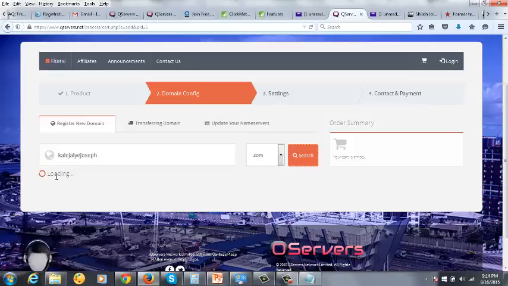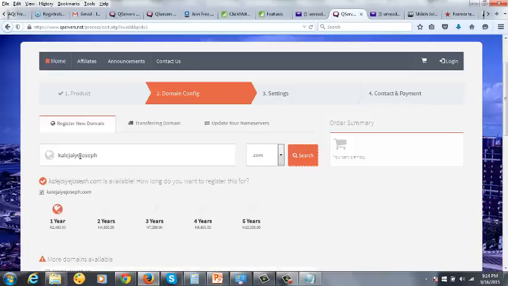The internet is searching for this domain name if it is available. You will see what happens now if it's available as soon as this thing completes searching. Make sure that your internet is working, because it can be frustrating. Okay, look at here. See, KalejayeJoseph.com is available. How long do you want to register this for? Now, if you are going to choose 1 year,